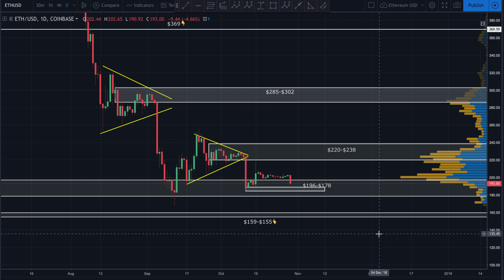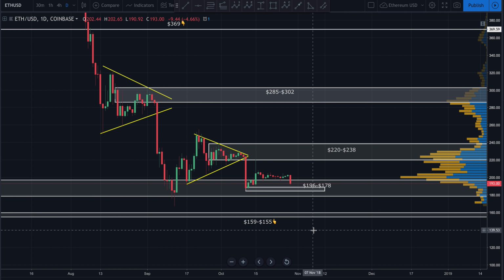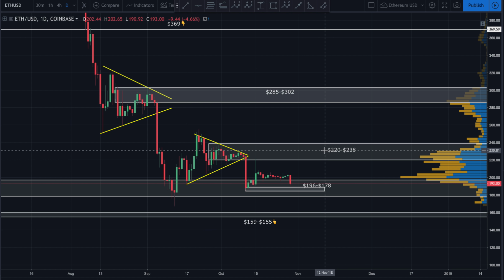We might see lower lows, and again, I want to emphasize might. I'm not saying we're going to. We might see much, much lower lows, but once we do bottom out, once price gets low enough that people start investing again and new money starts flowing back into this market and volume comes back into this market, this thing is going to explode to all-time highs. It's going to dwarf what we saw in 2017, in my opinion. Not financial advice.